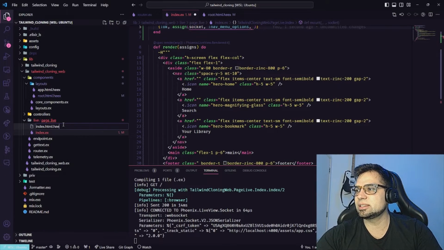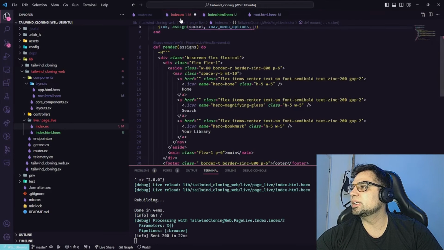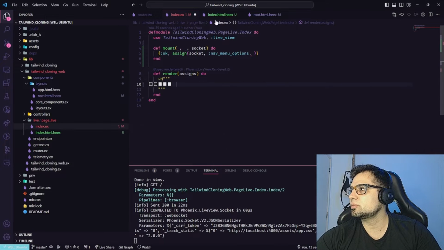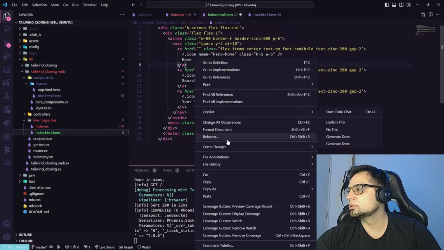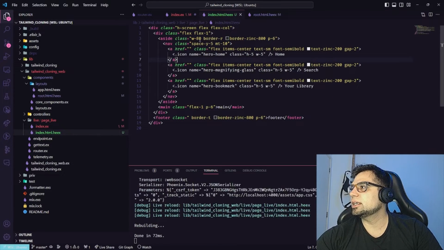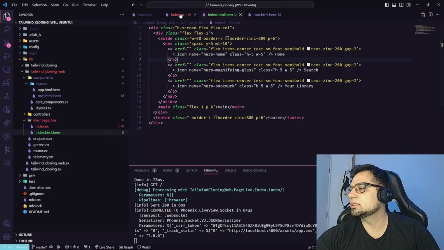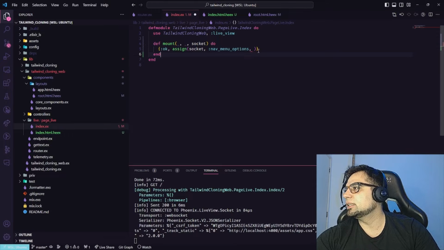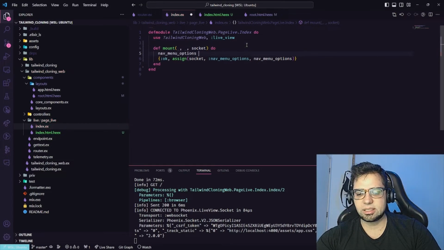I like creating the HTML and then moving this HTML to another file. And after that, we can get rid of this, and we can say nav menu options will be this guy